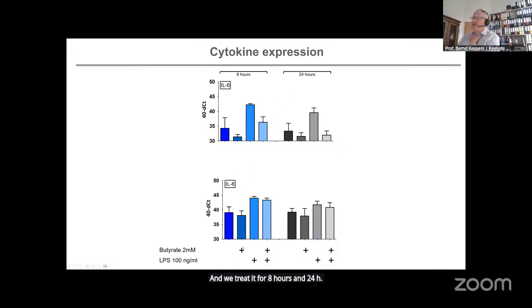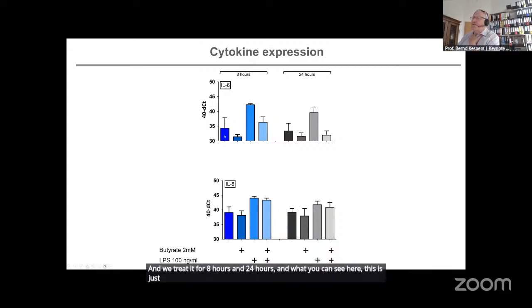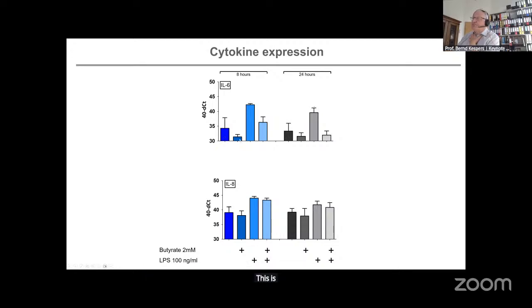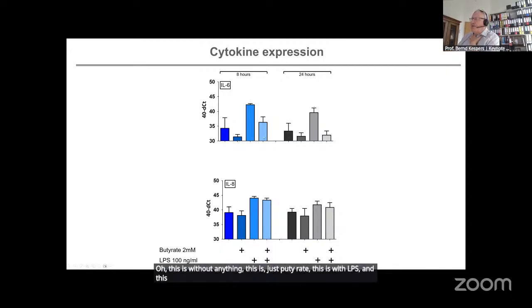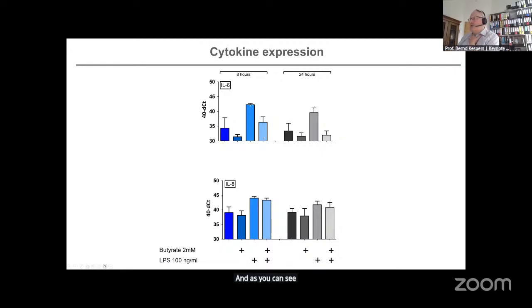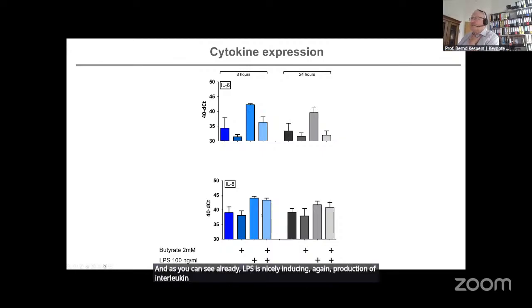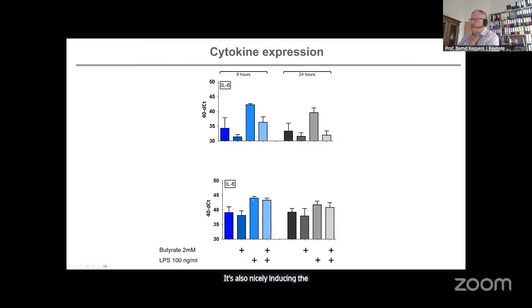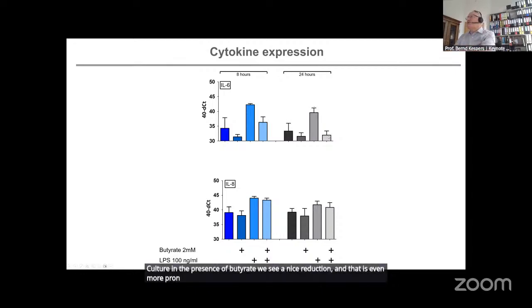And what you can see here, this is without anything. This is just butyrate. This is with LPS, and this is with both. And as you can see already, LPS is nicely inducing, again, production of interleukin-6. It's also nicely inducing the production of interleukin-8. And upon culture in the presence of butyrate, we see a nice reduction, and that is even more pronounced after 24 hours